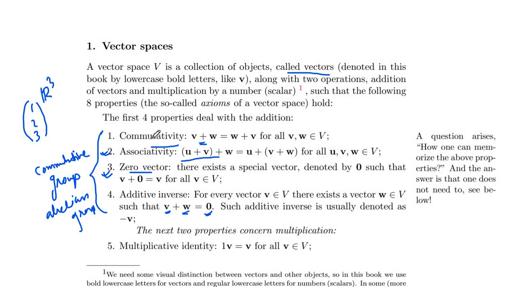Okay, this commutativity is not required in general, but in this particular case it is required for vectors to form a vector space. So it's a commutative group, and if you see, these are only vector operations, right? You are adding vectors here, adding vectors here, adding vectors here, adding vectors here. Nothing to do with scalars till now. So a commutative group